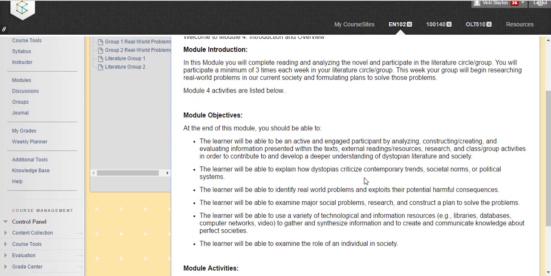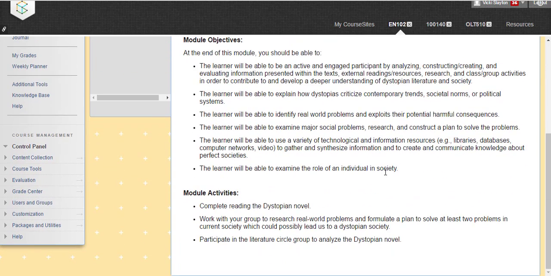And I have provided the objectives and the activities, which the only difference from Module 3 is they will work with a group to research real-world problems and formulate a plan to solve at least 2 problems in current society, which could possibly lead us to a dystopian society.